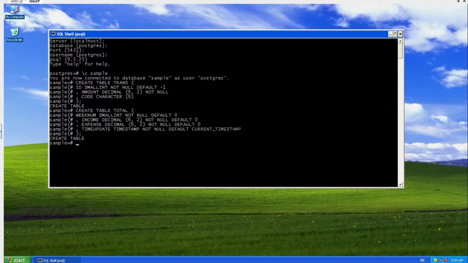But what we need is the update total trigger. What it will do is take the transaction in the transaction table, and then decide from the code, character 6, we provided character 6 actually, either it is in or out. In is income, out is the expense, right? So we will create that trigger, and when we create the trigger, I want to remind you that